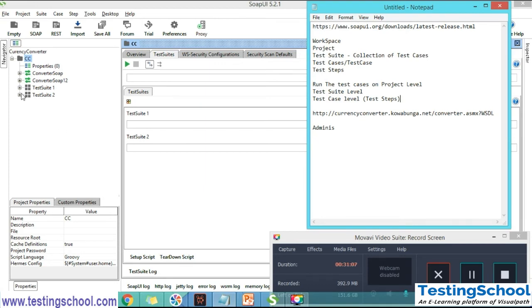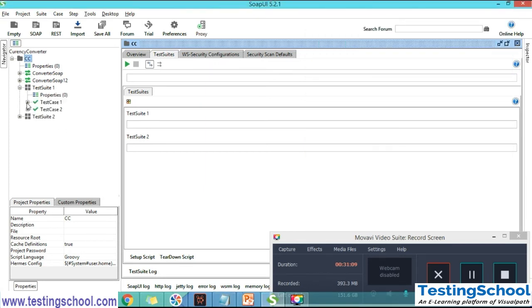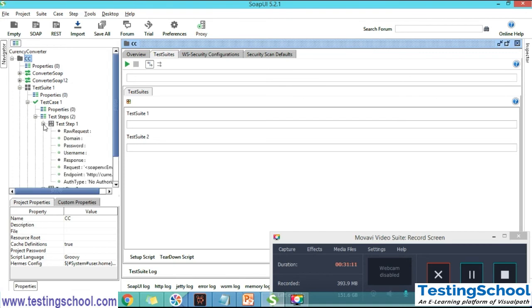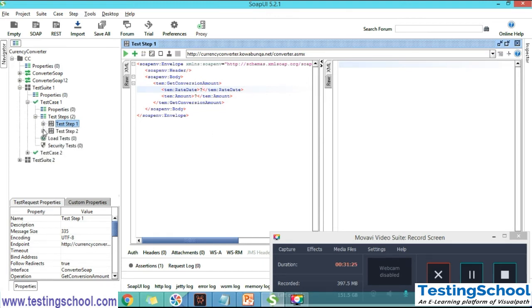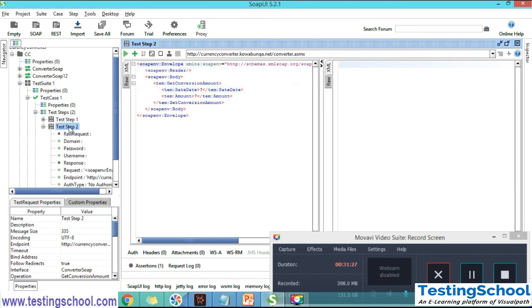Coming to test case 1, we need to know how to provide the data. As I said earlier, we have to provide the data where we have the question marks. And another one is test step 2.